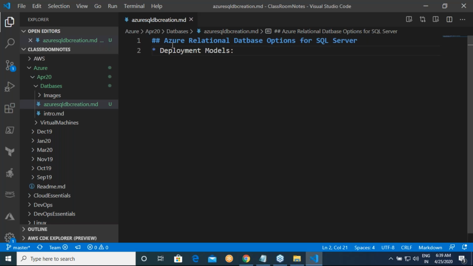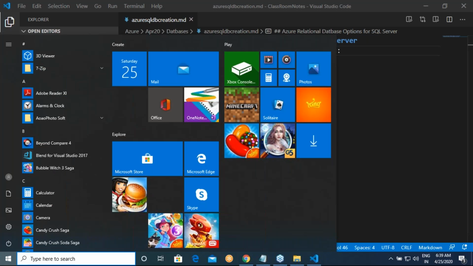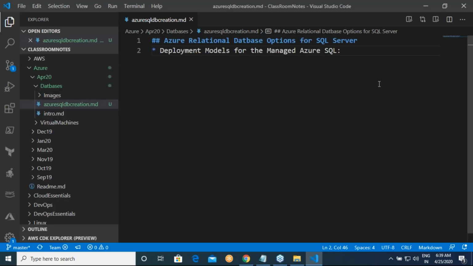And deployment models for the managed Azure SQL. I'm not speaking about unmanaged over here, but I'm quite sure yesterday we have defined what is managed and what is unmanaged. Yeah, right. So I think I can speak about it.